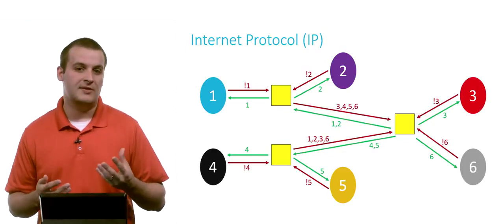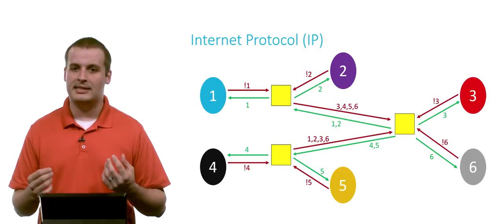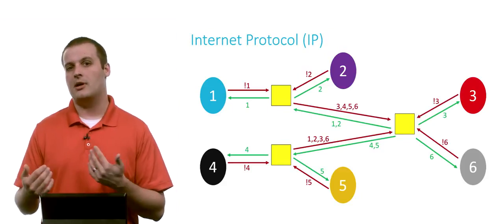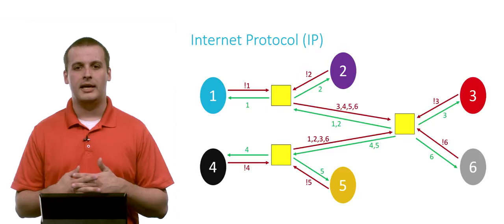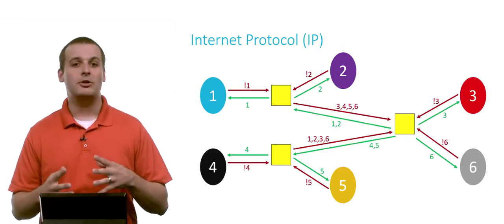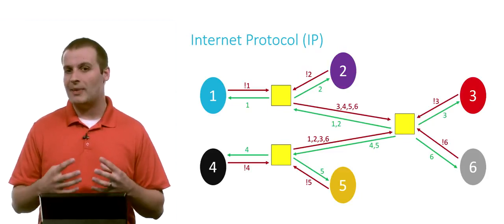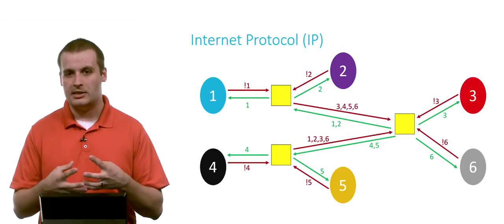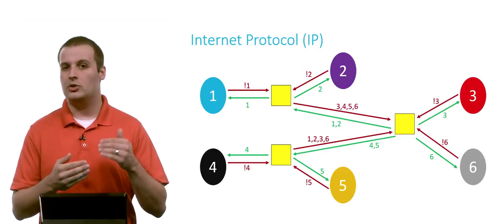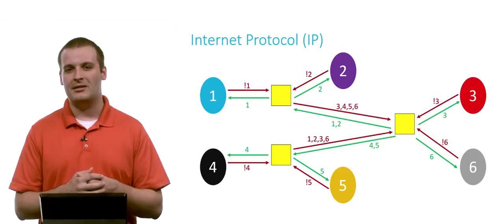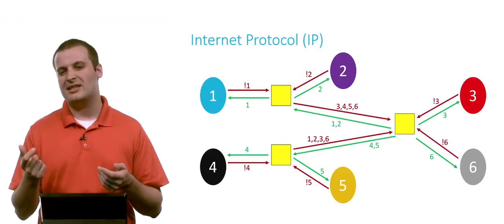Now, of course, there's a trade-off of speed, right? If 1 was directly connected to 6, we wouldn't have to go through 2 routers along the way, so we might be able to get the connection a little bit faster. But maybe that trade-off is worth it, right? If it's going to be so expensive in terms of actual cost, dollars and cents, to physically wire all these networks together, maybe a little bit of slowdown in speed is OK.